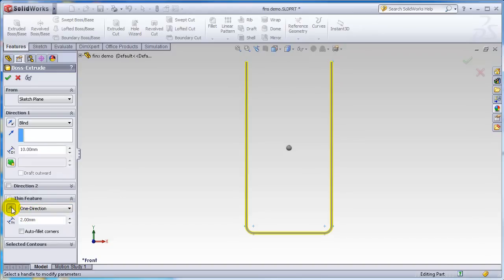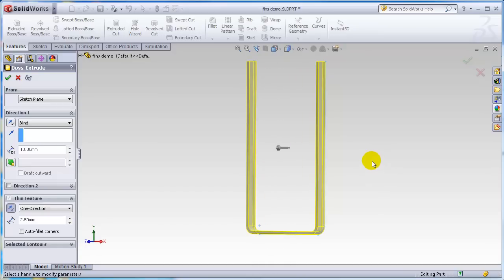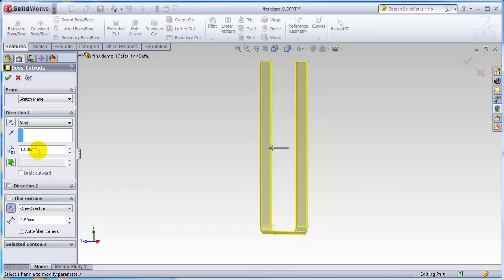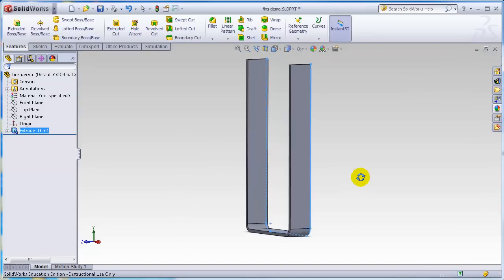but I'm not going to extrude mid-plane. I want the material to go to the inside of my sketch so that the dimensions that I created represent the outside of the sketch. I'm going to thicken that up just a little bit, maybe 2.5. That looks a little bit better. Now, how long do I want this thing to be? Let's go with about an inch, so about 25 millimeters. That's a little long, so we're going to go with 20 millimeters. And that creates a part that looks about right, and I will accept that, and I've created the U-shaped